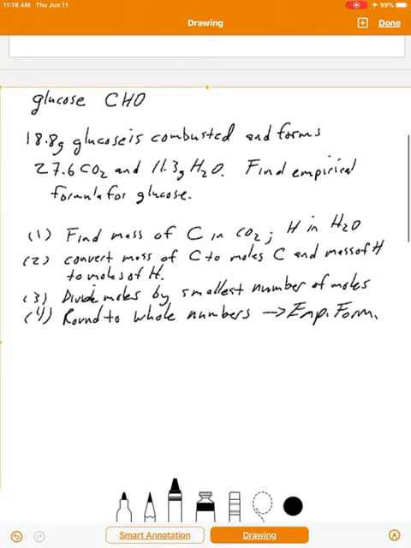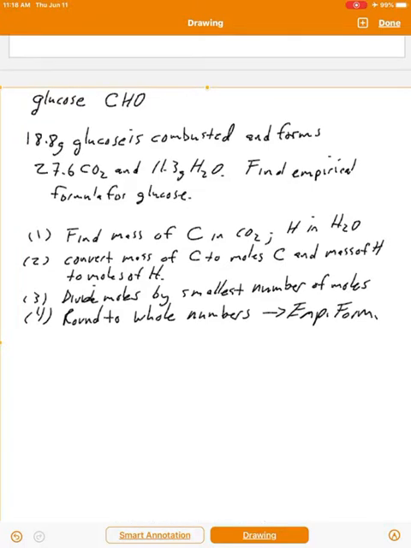Okay, so let's begin with our data. What we know is that glucose has carbon, hydrogen, oxygen. So our first step is we're going to find out how much carbon is in that glucose sample by figuring out how much carbon was in the carbon dioxide. So it's 27.6 grams of carbon dioxide, right? That's given. Then we look in the periodic table and we find that 1 mole of carbon,